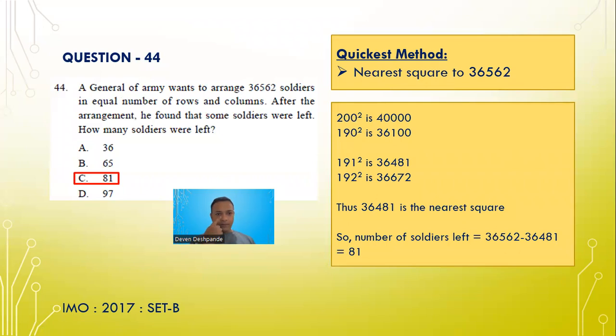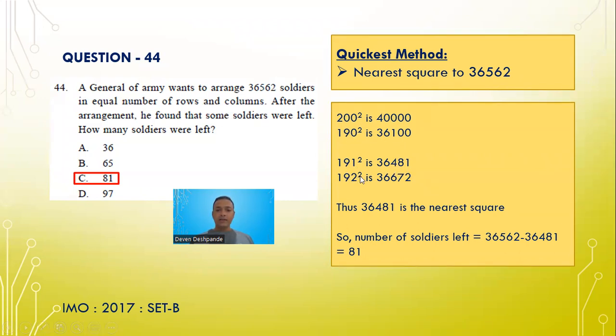A general of an army wants to arrange 36562 soldiers in an equal number of rows and columns. After the arrangement, he found that some soldiers were left. How many soldiers were left? Again, find the nearest square of 36562, because you have to have an equal number of rows and columns. So 200 square will be 40,000. 190 square is 36,100, isn't it? So this number is just more than 190. So 191 square is